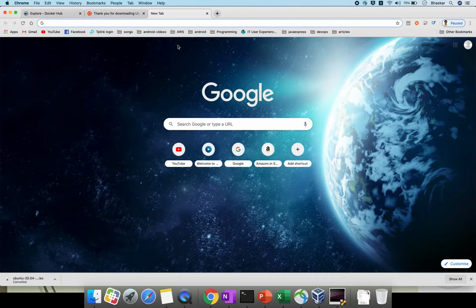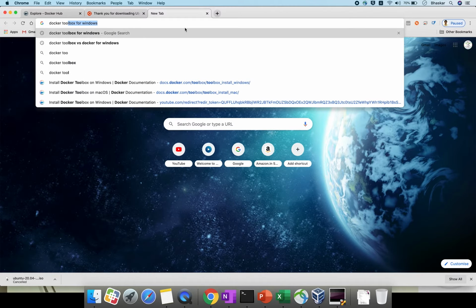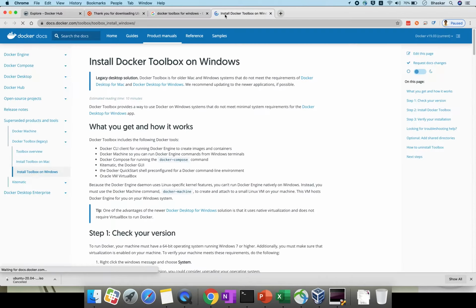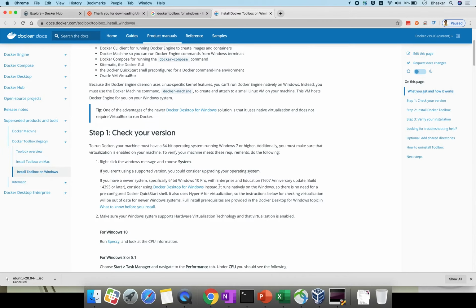If you want to install the software on the Windows operating system, go ahead. There is Docker Toolbox for Windows. Click here; I will share these URLs below, so don't worry. Use the documentation and go ahead.